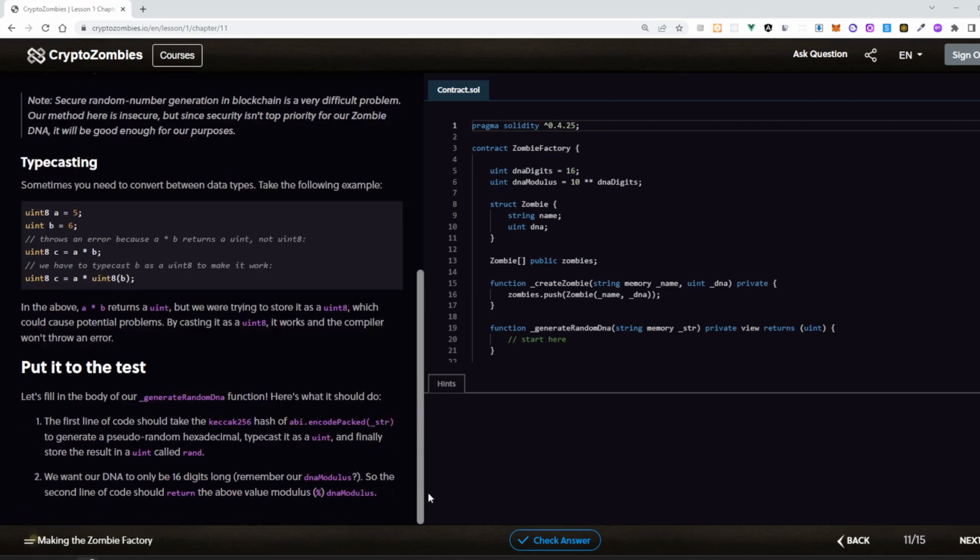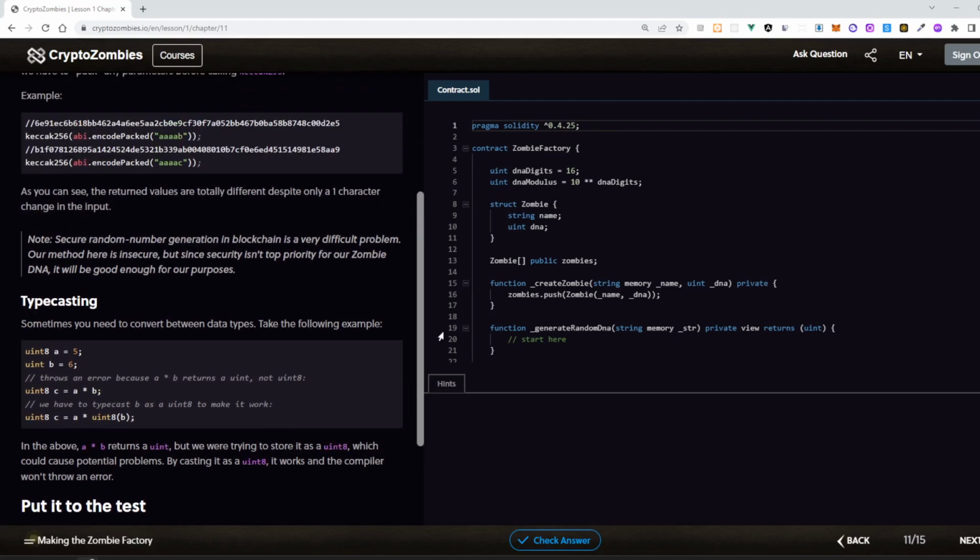Okay, now let's do the test. Let's fill the body of our generate random number function. Here's what it should do. The first line of the code should take the Keccak hash of abi.encodePacked of str to generate a pseudo-random hexadecimal, typecast it as uint, and finally store the result in a uint called rand. Okay, so now let's just copy this line,